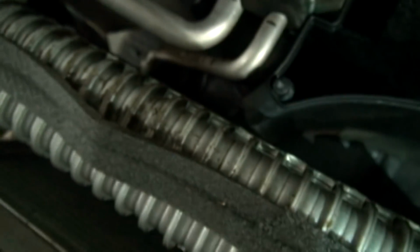See it in the center of the light there. If I put the light off to the side, the camera picks it up a lot better. But anyway, it definitely had a leak in the system, and